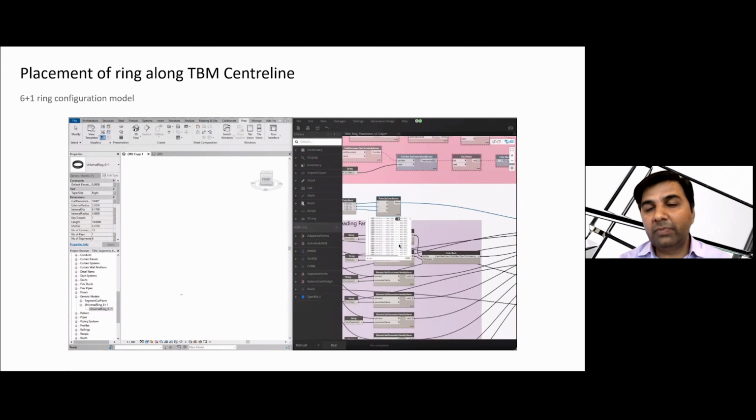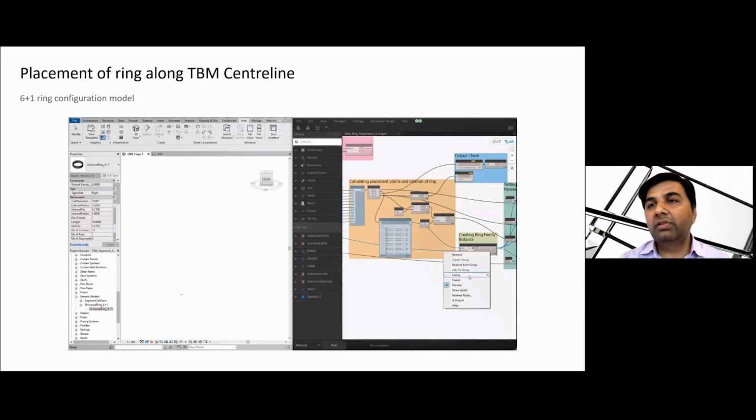So here we got all the points from the CSV file, and those points are already transformed to the Revit coordinate system. These are not in the global coordinate system. When we are reading from the Civil 3D file, we have some nodes that transform those points to the local Revit coordinate system. Then we got these points, and we can check the maximum offset throughout this complete tunnel.